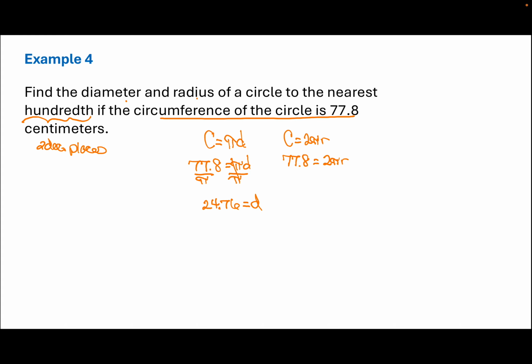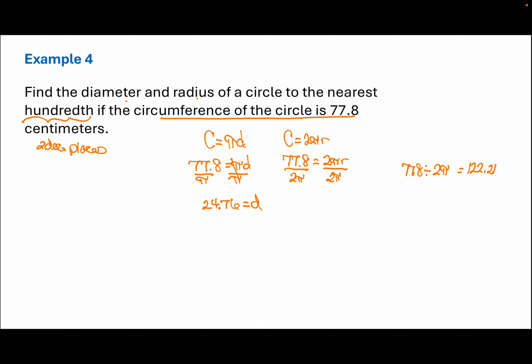If you chose to use the 2 pi r formula to find the radius first, you have to remember that in order to get the radius by itself, we're having to divide by 2 and to divide by pi. So if you're not careful and you take 77.8 and divide that by 2 pi, you're going to have a problem, because your calculator is going to tell you it is 122.21